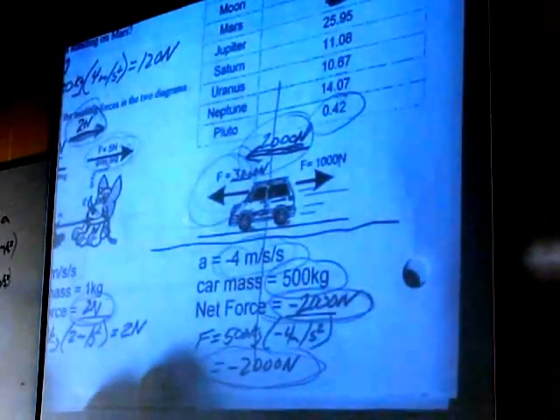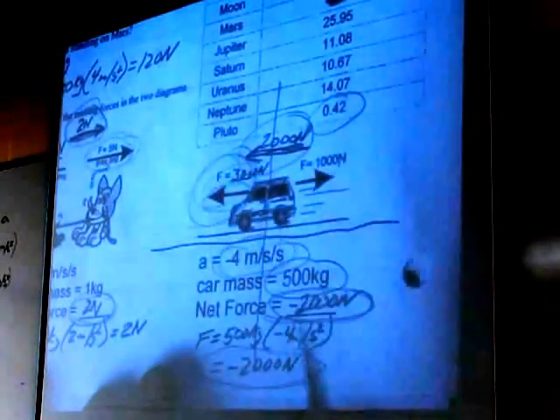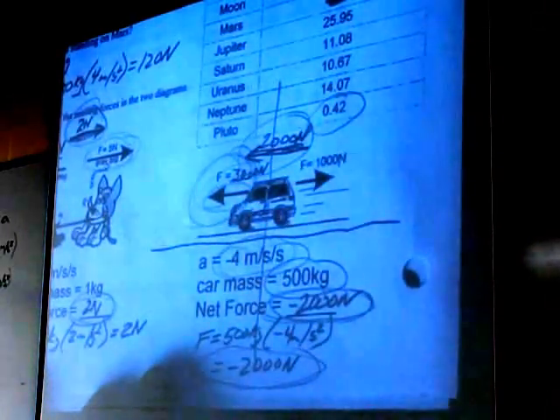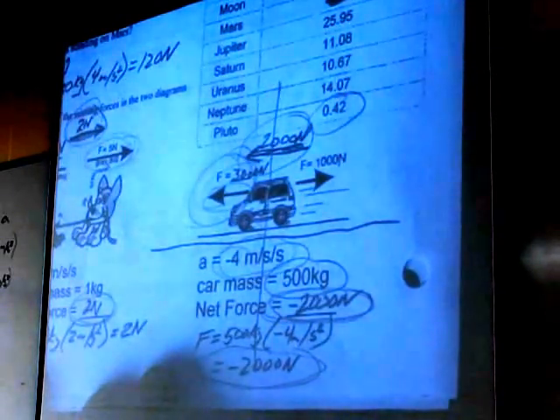Wouldn't be negative 3, well, it is negative 3,000, but in my picture, since I have this arrow, the negative would be redundant. She said negative 2,000. Oh, I'm sorry. Yes, well, same thing. In my picture, I wouldn't write